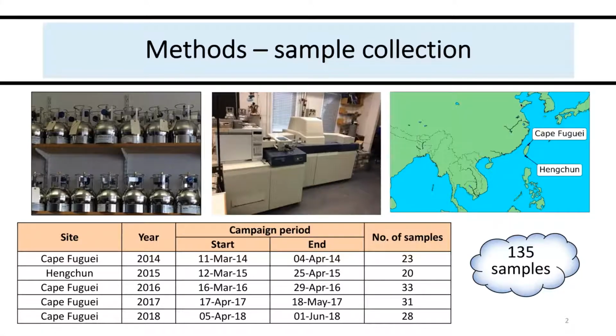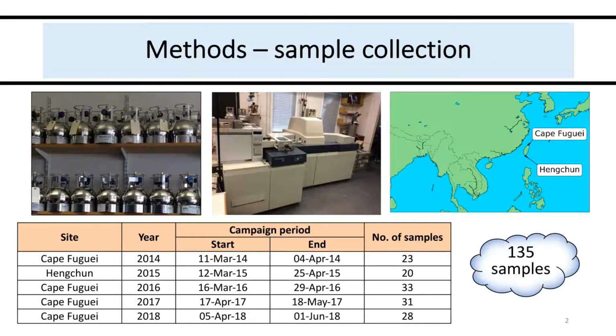We collected air samples by sending stainless steel gas canisters to Taiwan, where they were filled with air and then shipped back to us. We then measured them using an auto-spec GCMS for about 50 trace gases, including CFC11. Air samples were collected every year between 2014 and 2018 in the spring of each year. And usually either 1 or 2 samples were collected each day. And in total, 135 samples were collected across the whole of the 5 years.